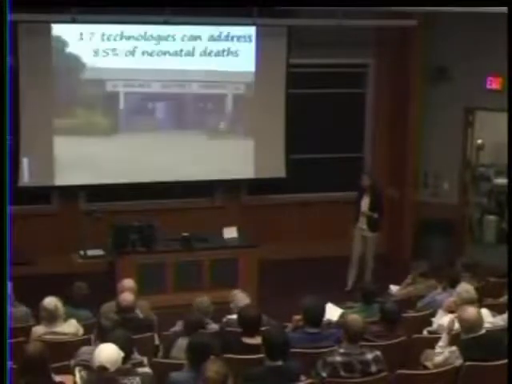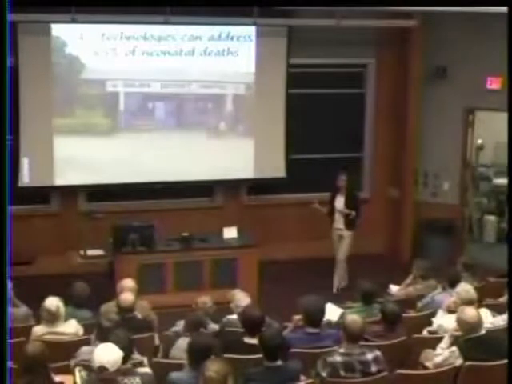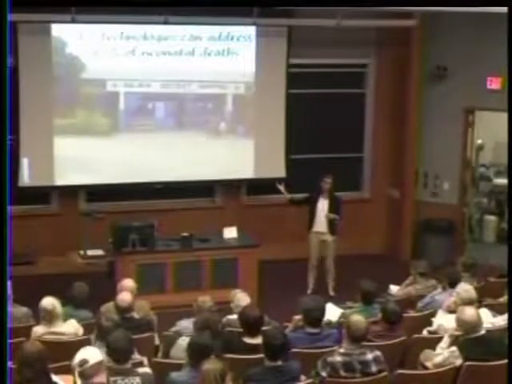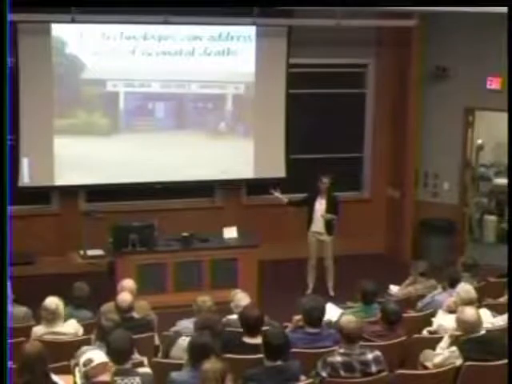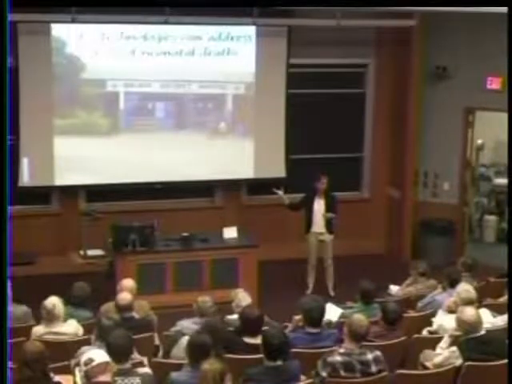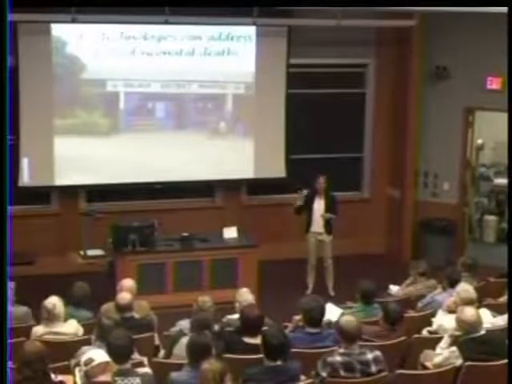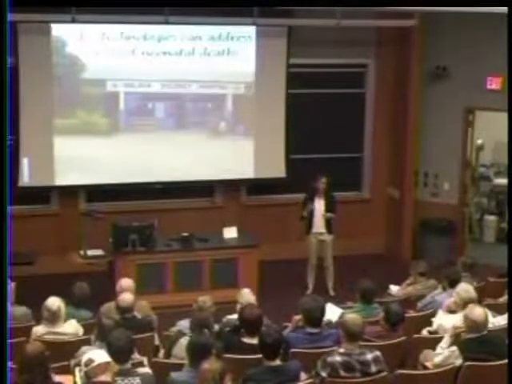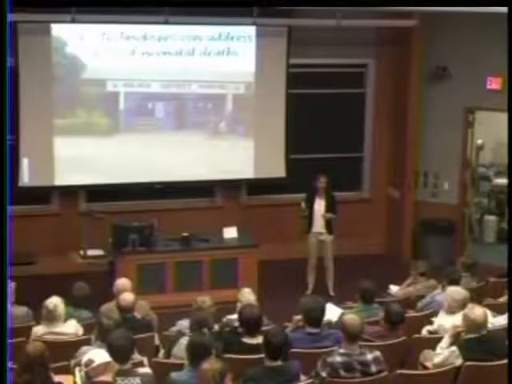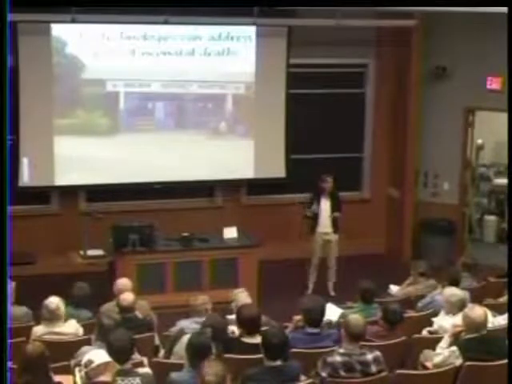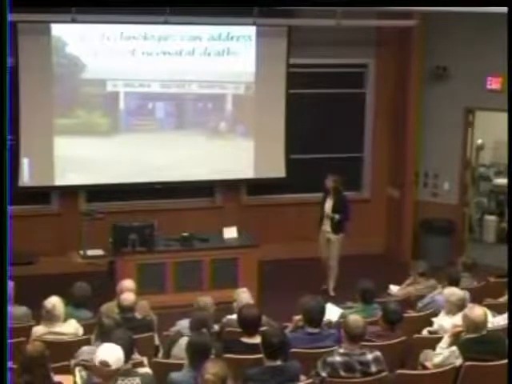And so our goal now is to develop those 17 technologies and get them to places like this. This is Balaka District Hospital, which is very representative of what you would see in a community hospital that serves a population of about 250,000 people. And we think it's possible to equip the NICU at a hospital like this for a total cost of between $5,000 and $10,000. It's not an unimaginable investment. It's well below the cost of one Western-style ventilator.